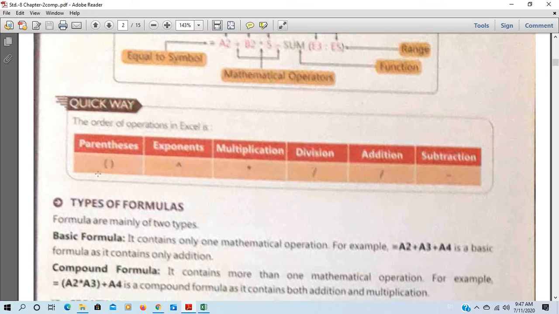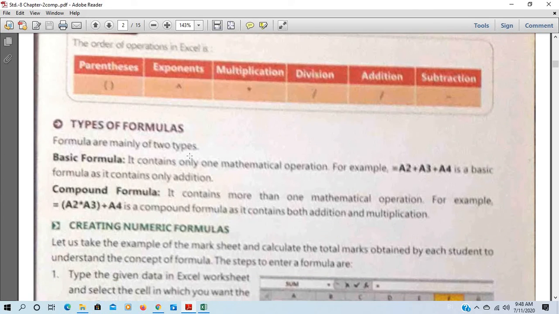So you should learn it, that inside the parenthesis we use exponent first, and then multiplication, and then division, and then addition, then subtraction. This is the order of using formula or different operators.